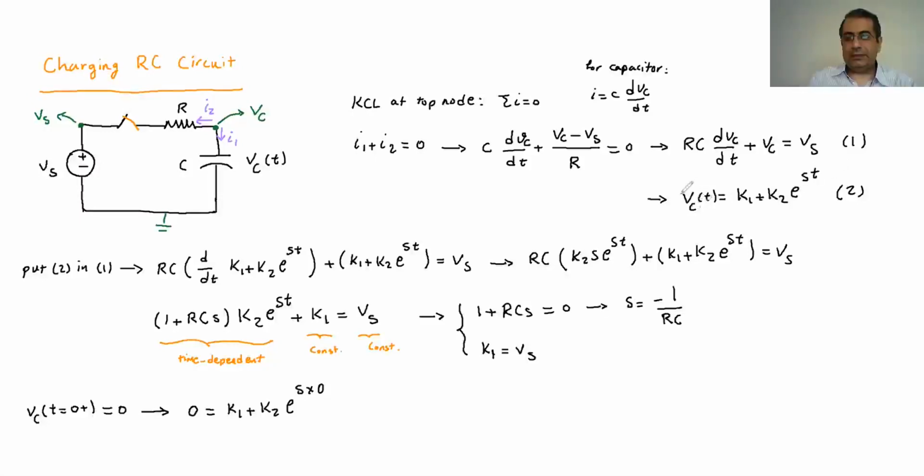And at T0, VC is 0. I replace that, so this is our initial condition. I use that initial condition. Therefore, here in that equation, I know the K1, I know the S, so I can go ahead and calculate